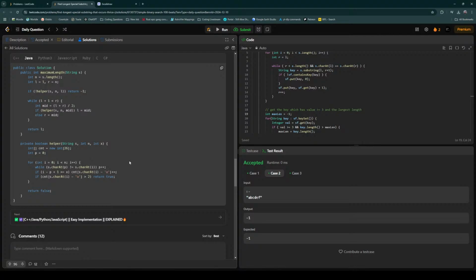Okay. So we make an integer array of size 26, and then p is 0, and then i moves from 0 to the length of the string. Then what happens? While s dot 0 is not equal to, sorry, not equal to i, p moves. If it is